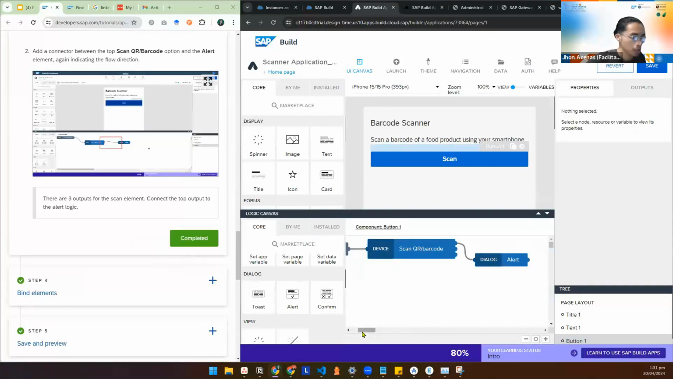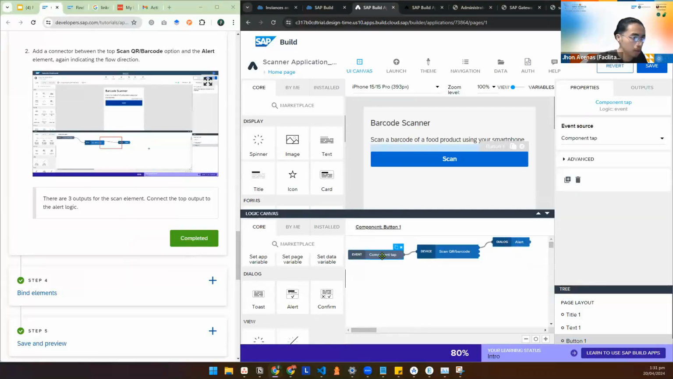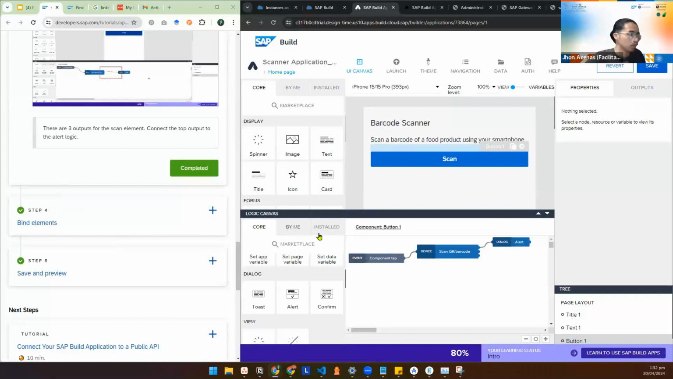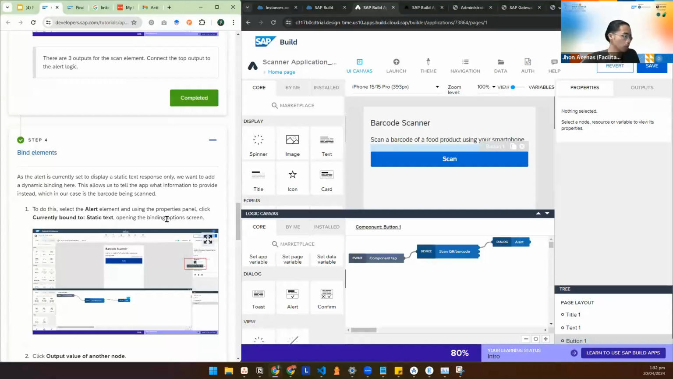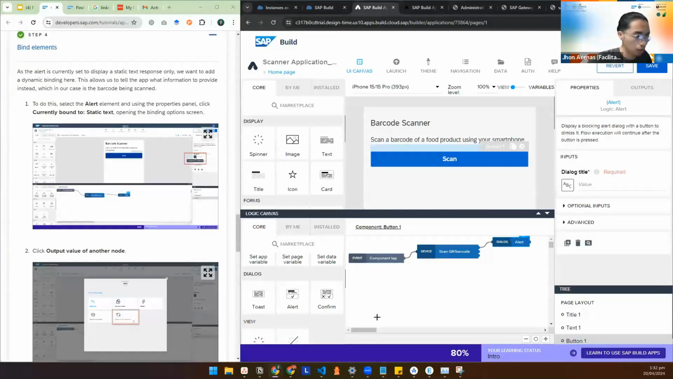So once this is done, you should have this logic on your end. Next we're going to proceed with step 4. We're going to bind the elements. To do this, we're going to click on the dialog alert logic, and then for the properties, what we're going to do is